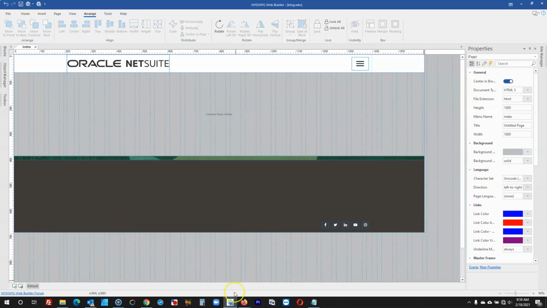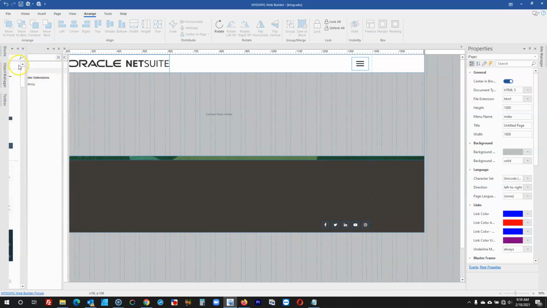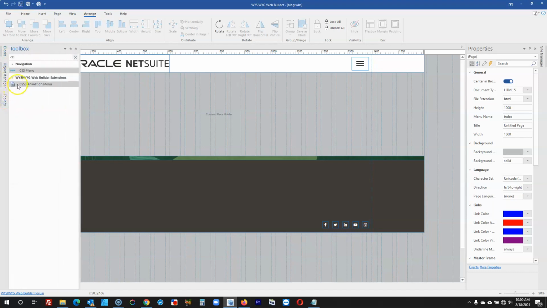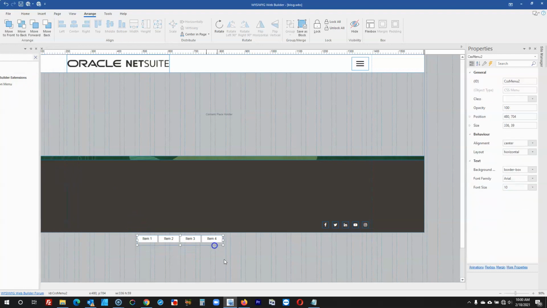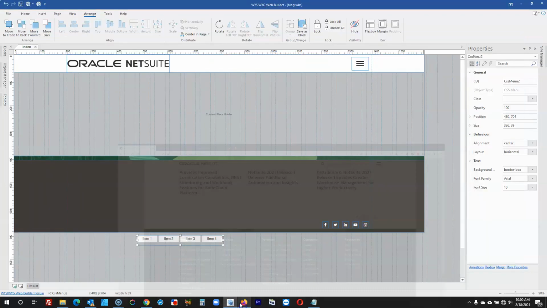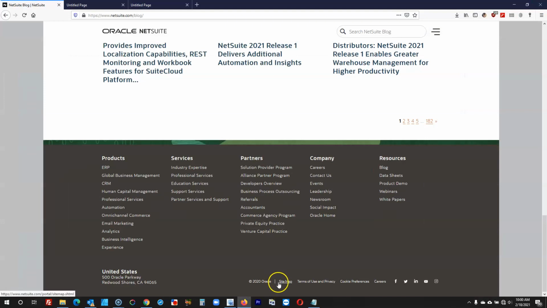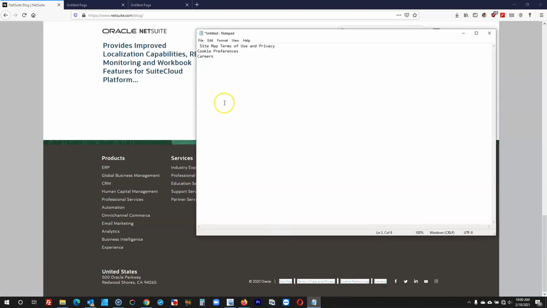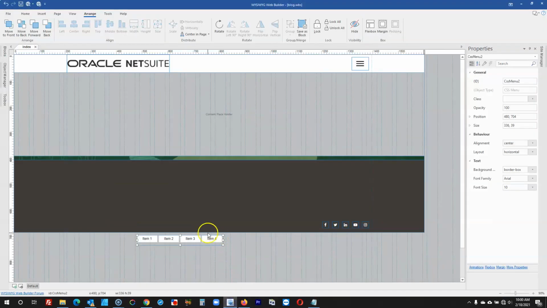I think even before previewing, I went ahead to create the links at the bottom. I used the CSS menu option to do that. So I brought the CSS menu, changed the properties of it, and typed in all that has to be in there. I copied everything into my notepad, and then I was able to get them into the CSS menu, as well as configure the CSS menu, taking away the border, taking away the background color,